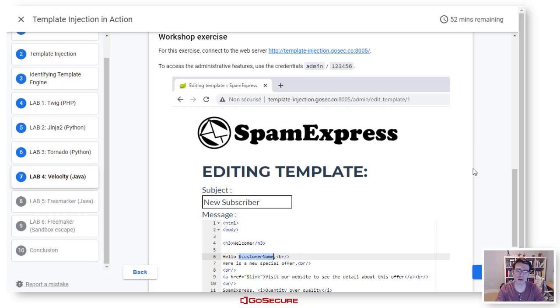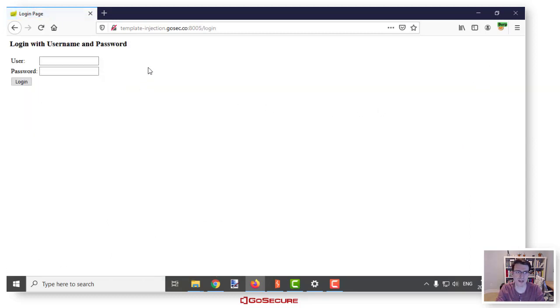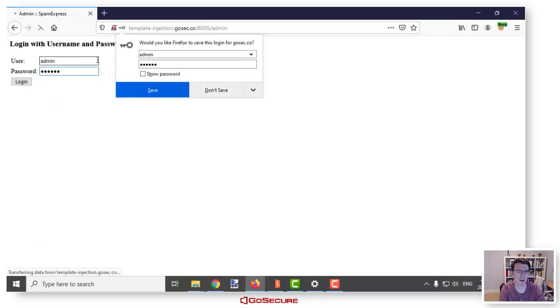So here we're just having a small scenario where you have compromised one user from the application that doesn't have access to everything, but based on this user you'll have complete access to the system. So you can connect to this application. You'll be able to log in with admin password 123456. So I'm now inside the test application for the lab for Velocity. First thing I need to do is access this admin functionality, so I'm logging in with the given password,